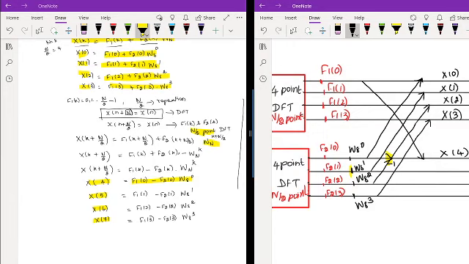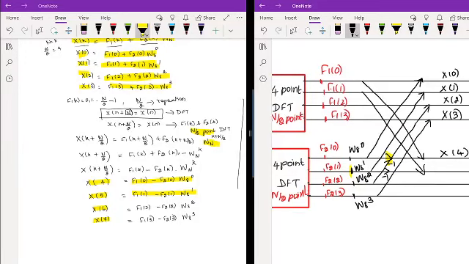To calculate x of 5, this f1 of 1 is subtracted with f2 of 1 into w8 power 1. So already f2 of 1 is multiplied with w8 power 1. So we are going to subtract. So it is multiplied with minus 1. Now we are going to add with f1 of 1. So f1 of 1 minus f2 of 1 into w8 power 1. Since there is a minus 1 multiplication, the second term will become minus. The same thing for the third one.